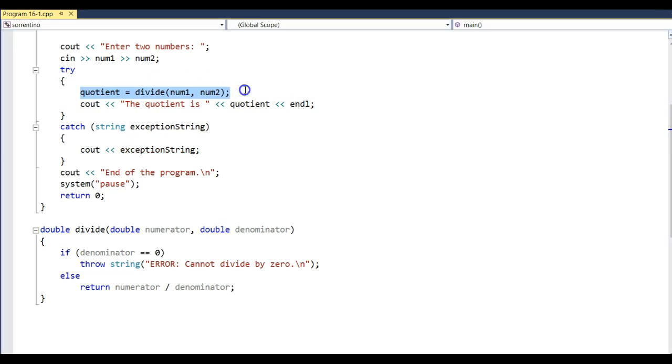Now, once this comes down and it throws the exception, it leaves the try block. So if it throws the exception, it won't execute this statement. It'll just come down here. So you can see if I run this,